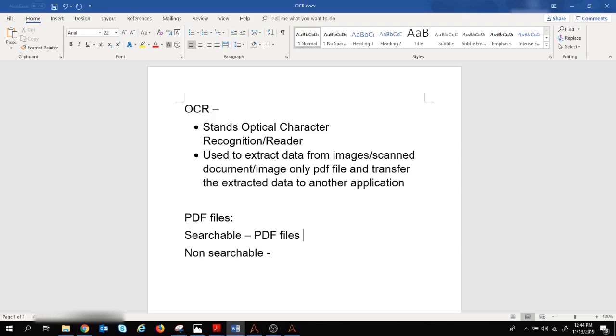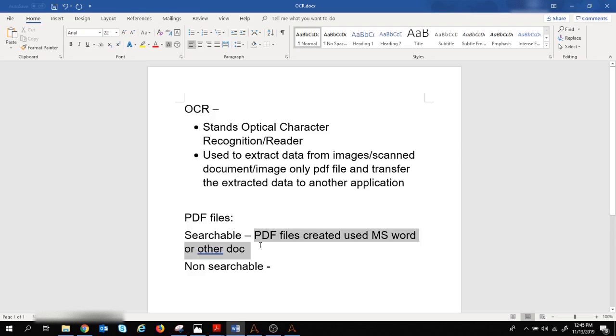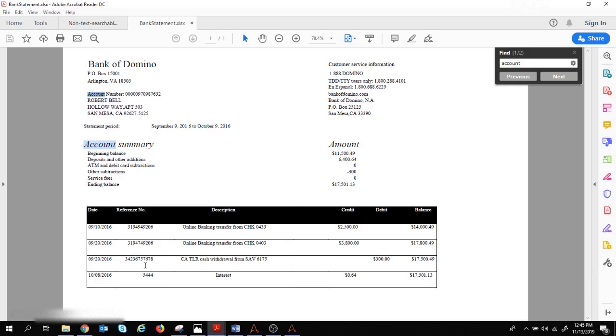The searchable PDF files are created using MS Word or other documents, which is the case with this PDF file. This PDF file is searchable, and if we wish to extract text from here,